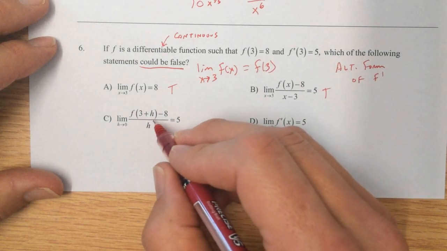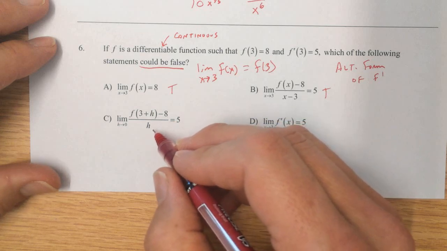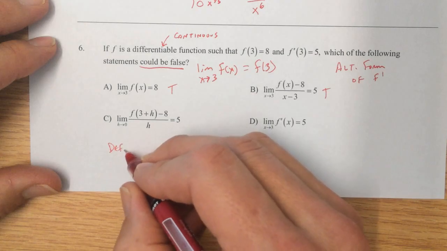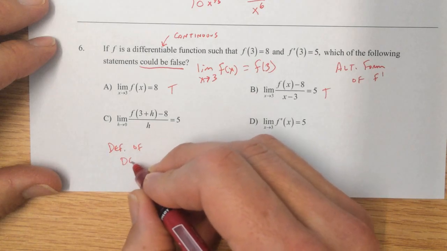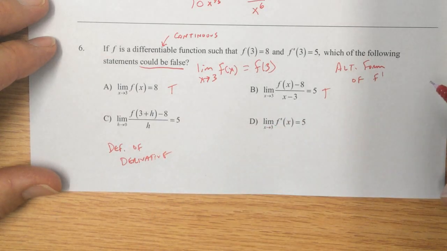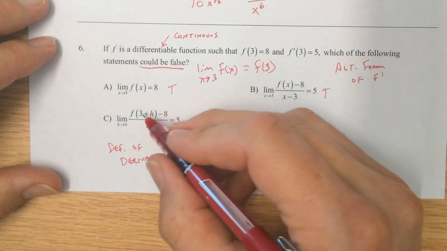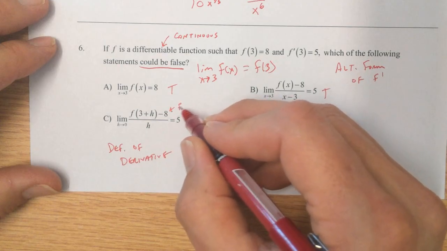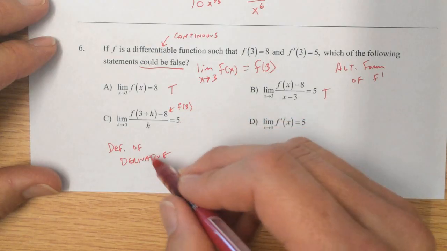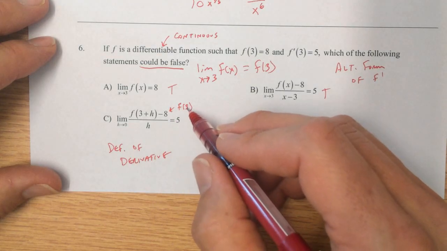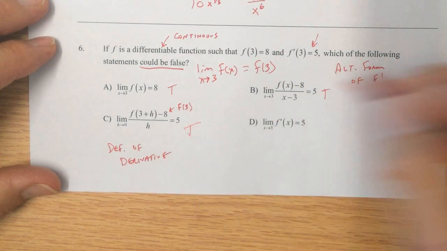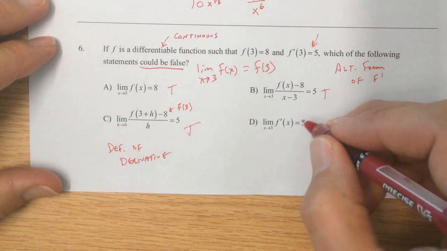C, we see f of 3 plus h minus 8 over h as h approaches 0. This is our definition of the derivative. That's 100% legitimate. All right, this is f of 3 plus h minus f of 3 all over h as h approaches 0 is equal to 5. This is saying the derivative at x equals 3 is 5, which is what we see right here. This is also true. So by the process of elimination,